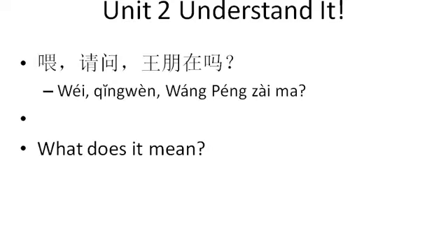Grab a pen or pencil and turn to pages 160 to 161 in your book and take notes as we go along. As you may have guessed from the video, Leo gives Wang Peng a phone call and she is asking for something. The dialogue starts off with Wang Peng having already answered the phone, and Leo says, 喂，请问王鹏在吗?